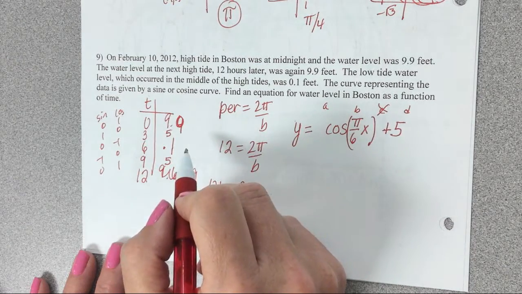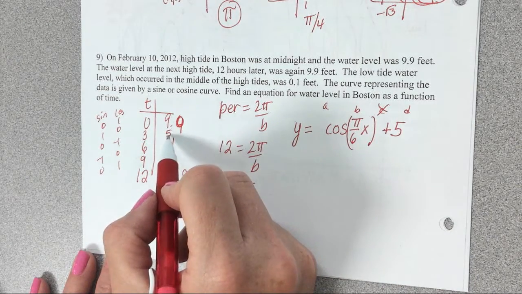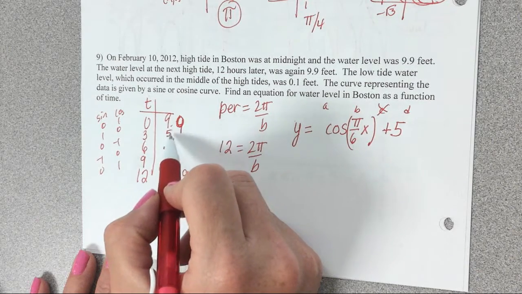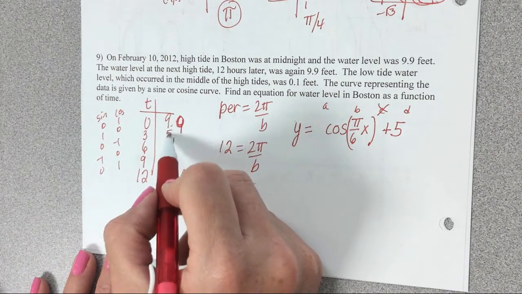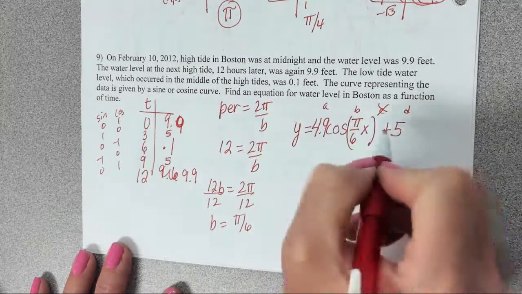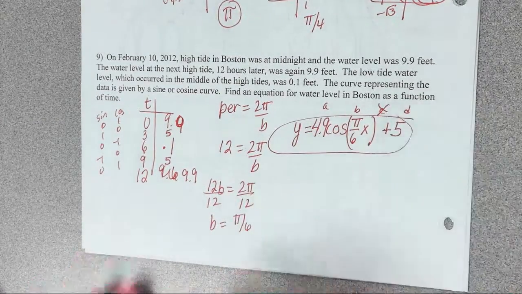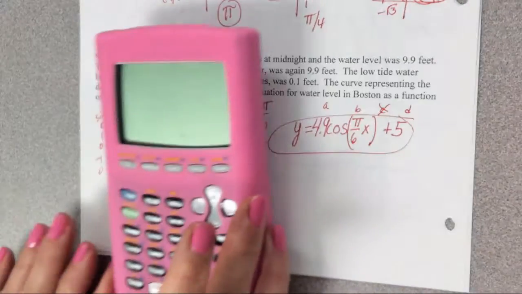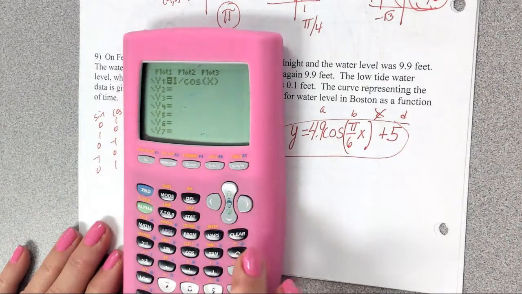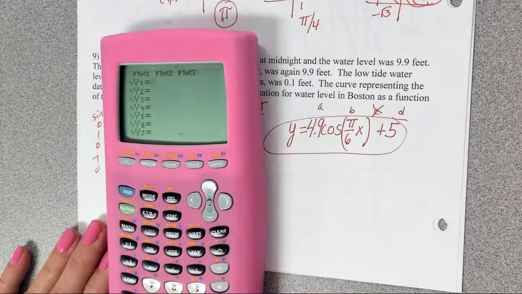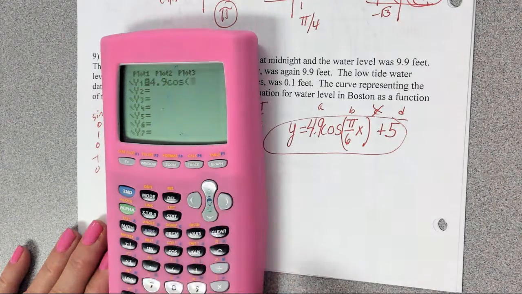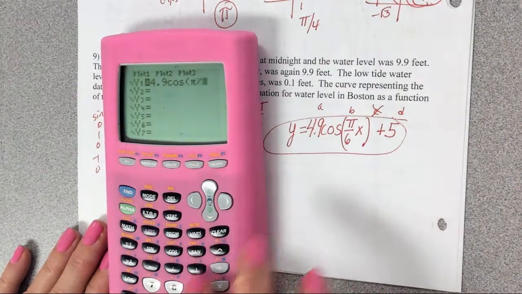Now, what about the amplitude? The amplitude is the distance from here to here, or the distance from here to here. So what's the difference between these two? 4.9. And so this is our function. Now, this is the coolest thing, is that I can now check this function. Watch how we can do this. We're taking this quiz. We've got a calculator in front of us that we can check it on. 4.9 cosine of pi over 6